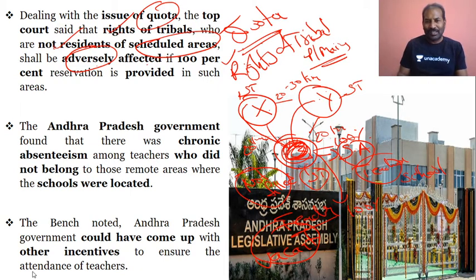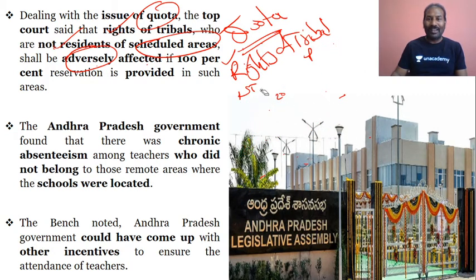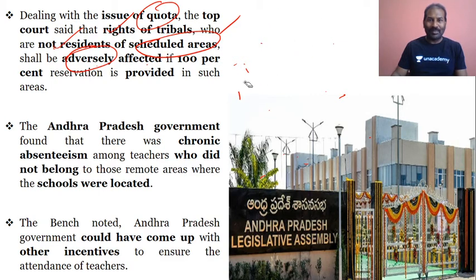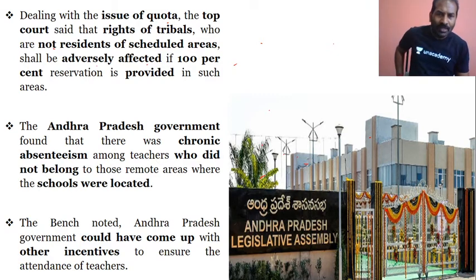Please do understand this Z scheduled area. So look at the way the Supreme Court has looked at various aspects, and then it has given its judgment and it has questioned. No, I'm not saying that it is good, or that the Supreme Court is good and the order of the Andhra Pradesh, or United Andhra Pradesh, was wrong. No, I'm not talking about that. I'm just trying to look at the various key phrases of the Supreme Court, how it has looked at, emphasized, and then given its judgment.